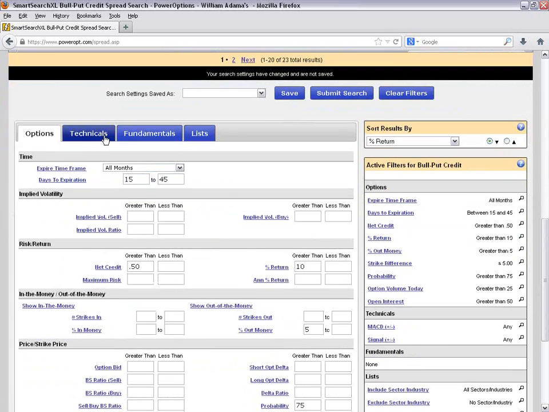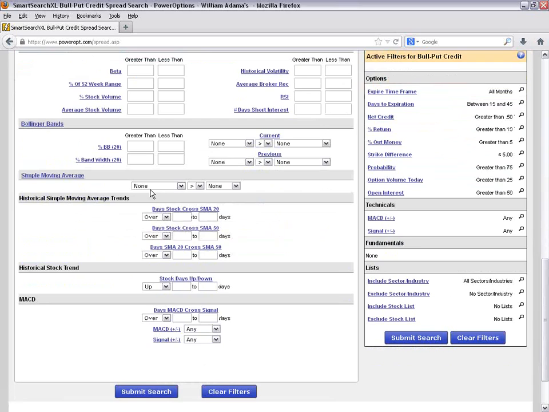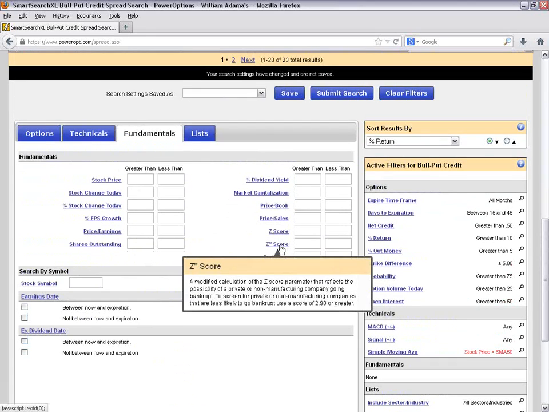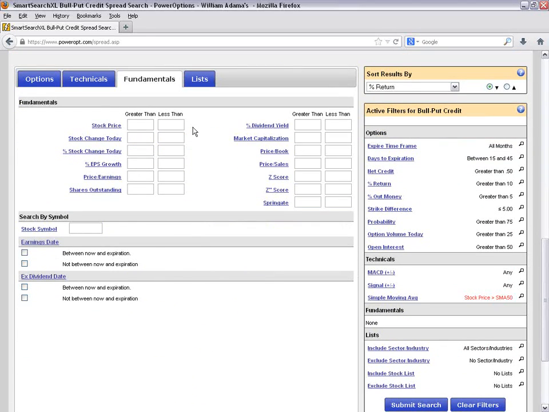Let's start out first with technicals. Hey, I'm going to look for stocks that are currently trading in an uptrend, again because this is a neutral or bullish position. And in my fundamentals, hey, I'm not worried about the stock price because I'm using a leverage position. But again, I may want to see just those stocks that have shown good earnings, that are more stable, shown good performance,